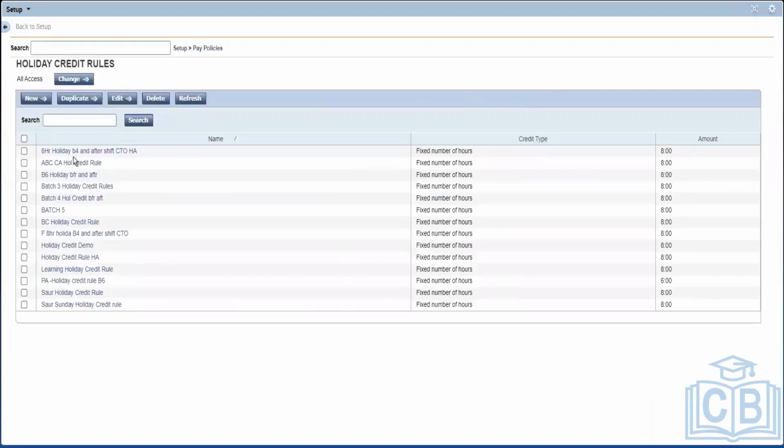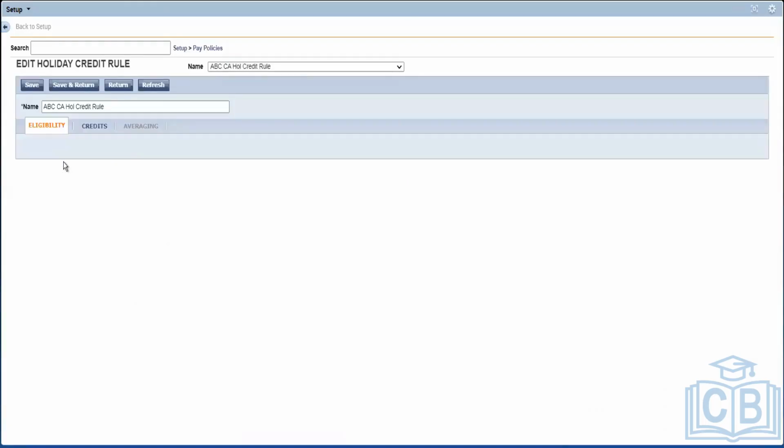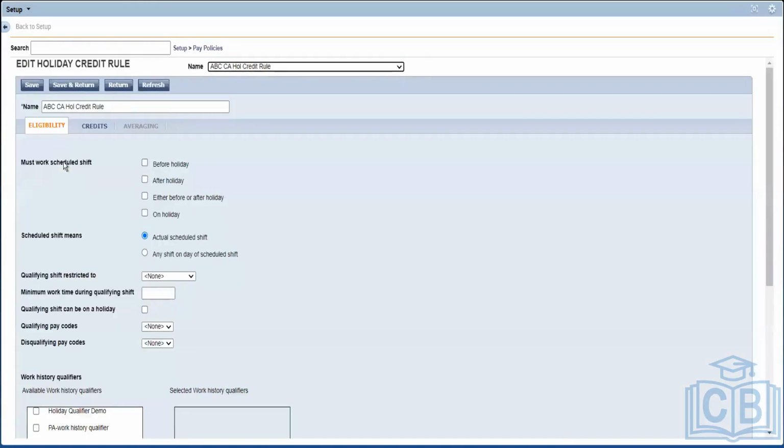So what this does is, for example, I will open this holiday credit rule. We can assign this to a payroll or the work rule. What this does is we need to first see how we are going to pay him. And is there any condition for the holiday credit to be provided?